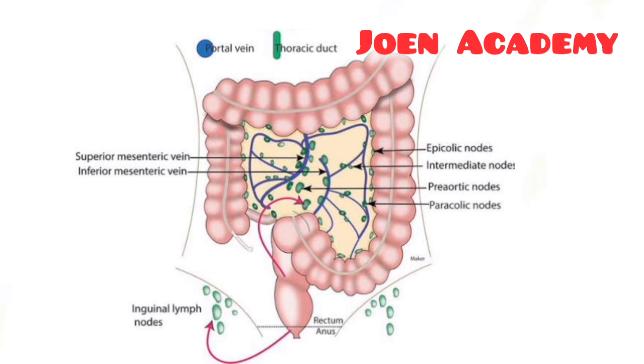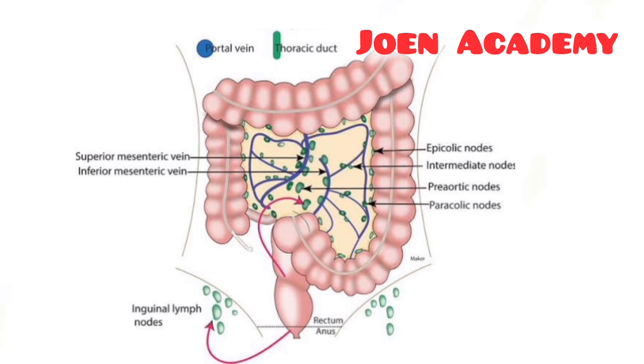as the extent of lymph node involvement dictates prognosis and treatment strategies. Lymph from the colonic wall first drains into small epicolic lymph nodes, located directly on the surface of the colon or in the appendices epiploicae. From there, lymph flows to the paracolic lymph nodes, which are situated along the mesenteric border of the colon, adjacent to the marginal artery. The next station is the intermediate lymph nodes, found along the main colic arteries, which include the iliacolic, right colic, middle colic, left colic, and sigmoid arteries. Finally, lymph collects in the preterminal or principal lymph nodes, located at the origins of the superior and inferior mesenteric